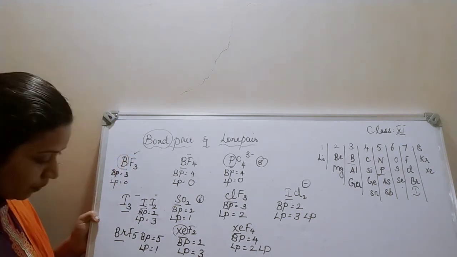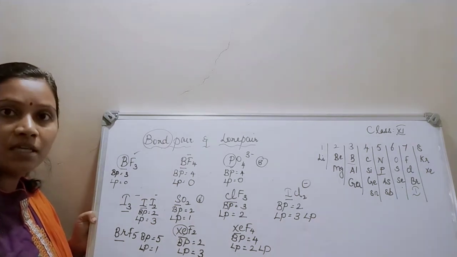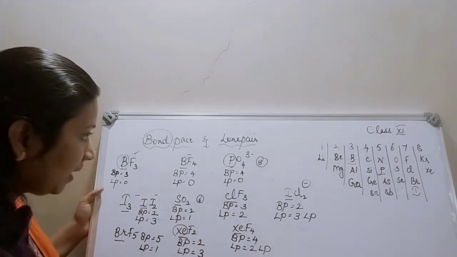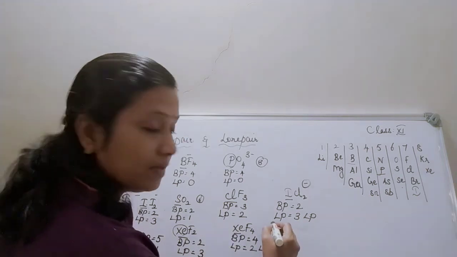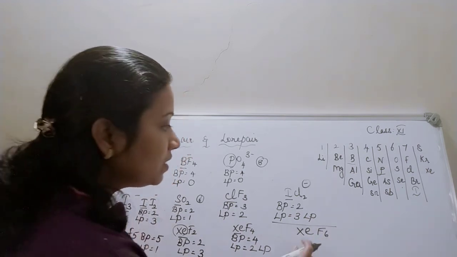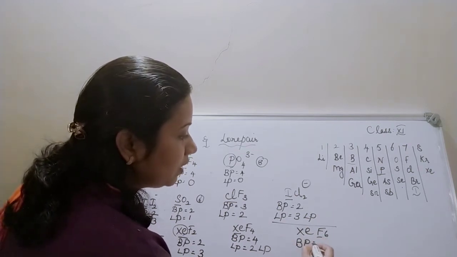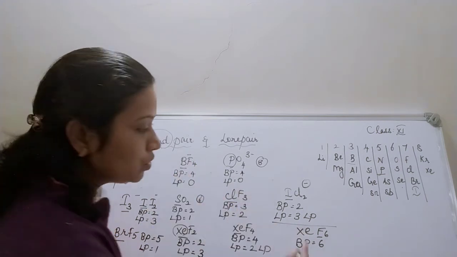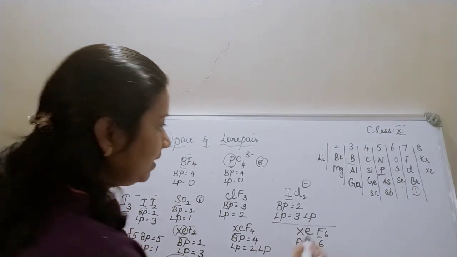Done. Now in this problem, XeF6. Okay, how many bonded pairs? I think you will not be able to see them. Okay, I am writing here, children. These three problems, shall I write it here? Yeah, okay. It is XeF6. Okay, children. So, how many fluorine atoms are bonded to xenon? 6. So, bonded pair is equal to 6. And octet configuration, so 8 minus 6 is equal to 2. So, lone pair is equal to 1. Okay, clear?